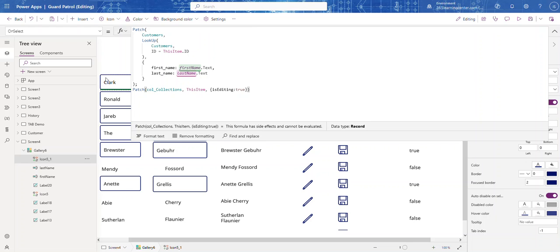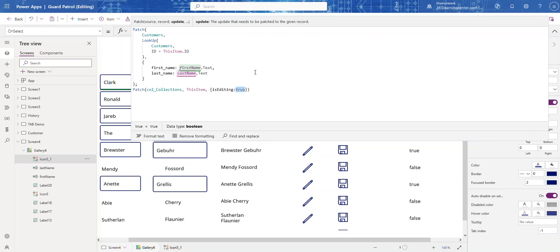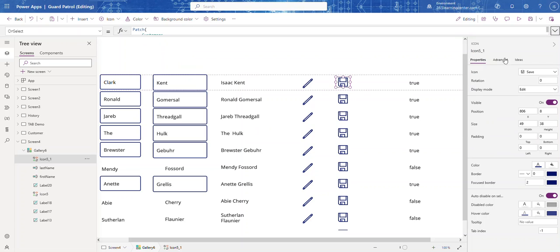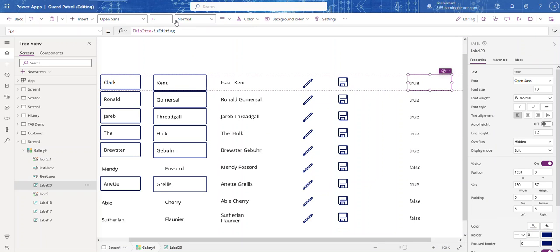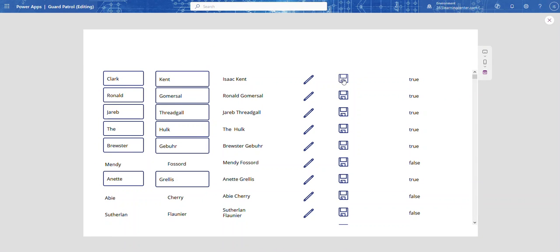Right now, these boxes are shown because it's true. When they click save, we want it not to show. So let's do false. We're going to toggle back and forth. This column here is editing. This is what's controlling the toggle. So let me do this. If I say save, see that? If I edit,